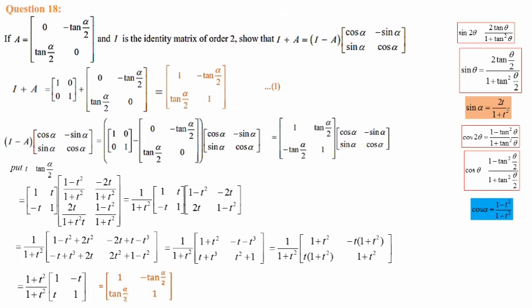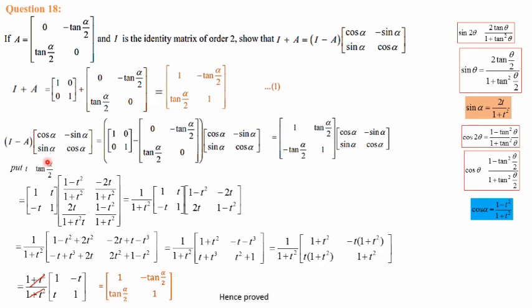Let it be out. So 1 plus t square by 1 plus t square, because 1 plus t square we have taken and came here in the numerator. Then balance inside the bracket or inside the matrix, first term is 1 because 1 plus t square is outside. And here there is minus t, it is mentioned. Here there is plus t, it is mentioned here. Then 1 plus t square here gone out, it is 1 balance. So here 1 plus t square, 1 plus t square, if you cancel, we will just show the calculation. 1 plus t square and 1 plus t square is cancelled. Then we will be getting the balance as 1 minus t.